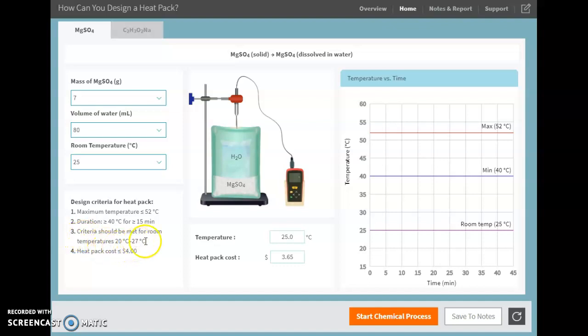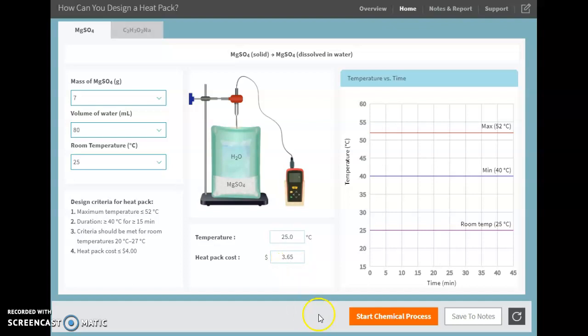Its temperature should be for room temperature, between 20 and 27, where we're starting it. And our heat pack cost cannot be over $4. My temperature here, you'll see room temperature 25, what we're starting with, and my heat pack cost is $3.65,